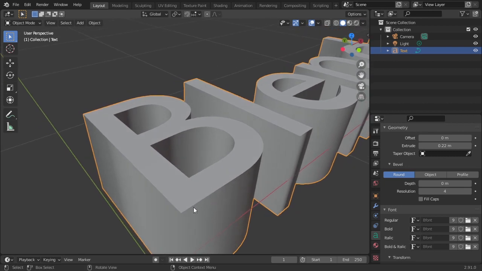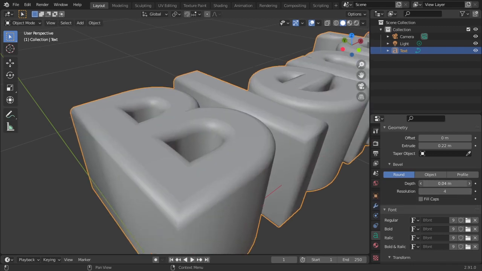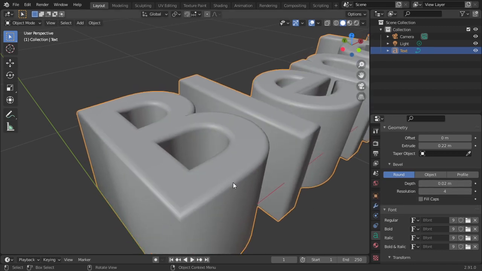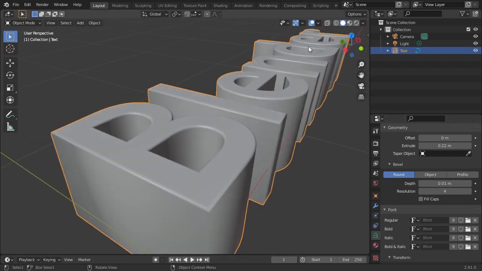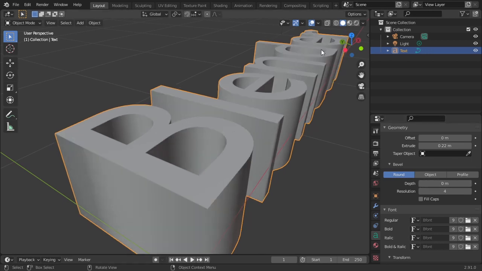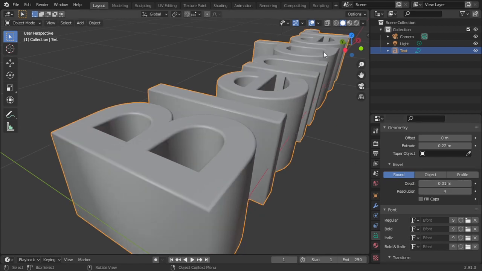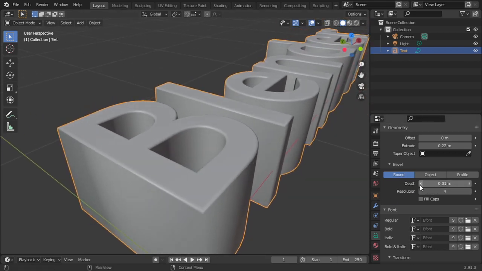Now if you are seeing this text, look at the corner of this text. What will happen when I increase this depth? If I increase this depth, they are becoming smoother, and it's a wonderful option. It's a good thing that if you keep a depth of 0.1, it gives a nice wonderful shine over the text edges. And if I keep 0 depth, it doesn't give that shine, and that shine is very important, very necessary for this text to be appealing would be the correct word.